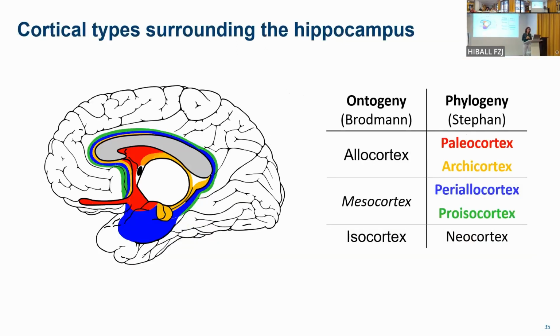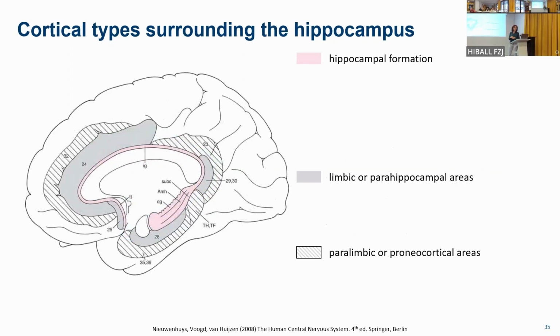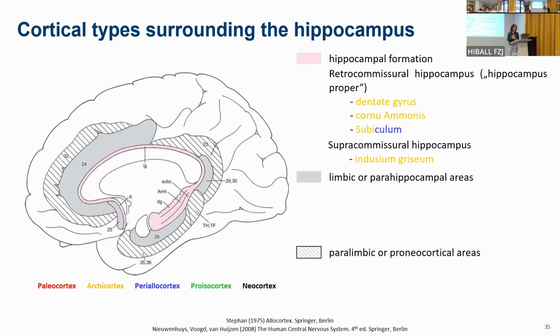What does Nieuwenhuis say? Well, do you remember I showed you this slide earlier on with the different types of cortex? It's highly reminiscent of this figure that Nieuwenhuis shows, where we've got the hippocampal formation in pink, and then we've got limbic or parahippocampal areas in gray, and we've got these other paralimbic or proneocortical areas in the stripy view. Okay, now you must know that